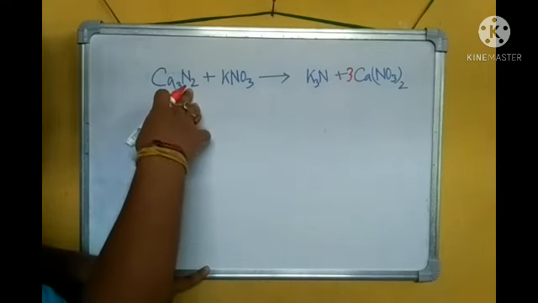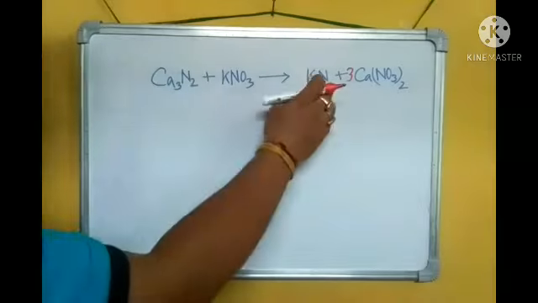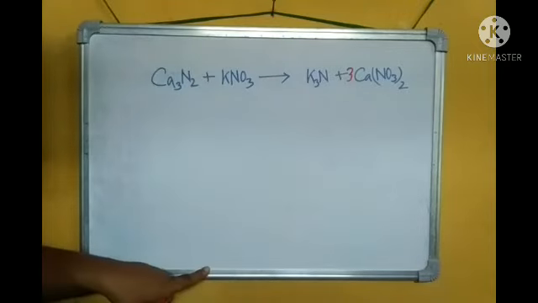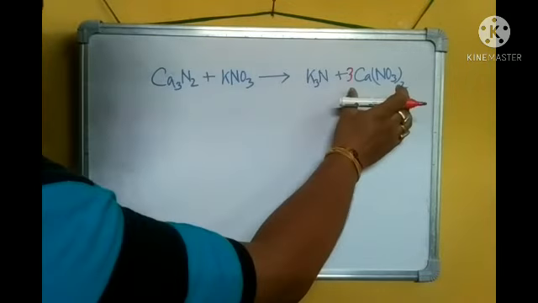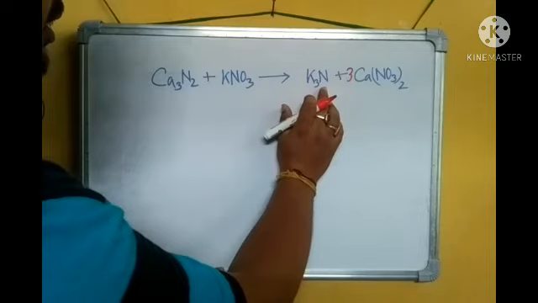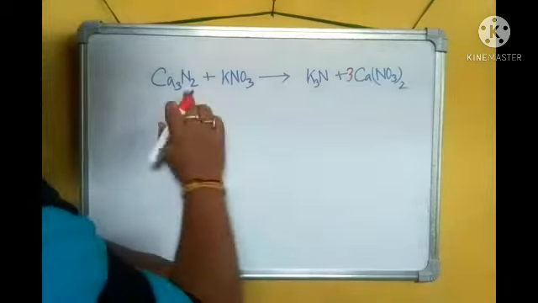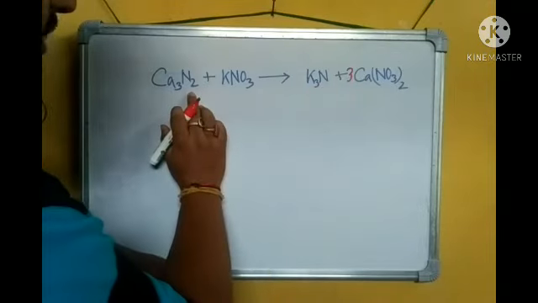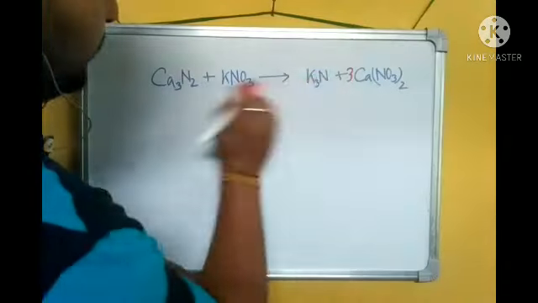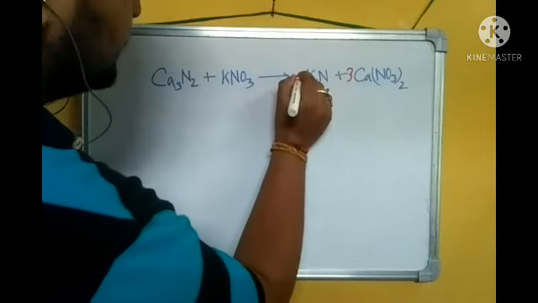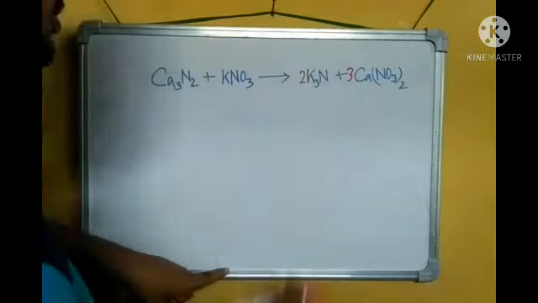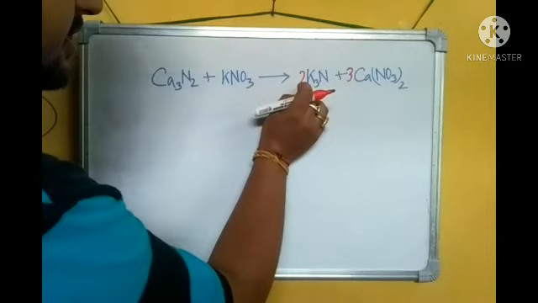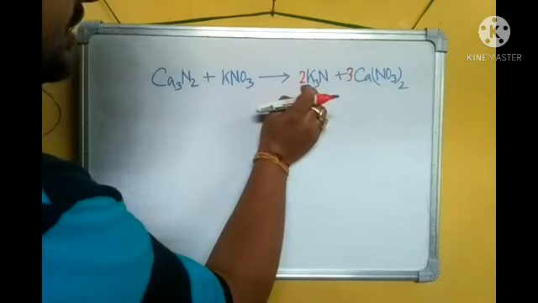We have 2 nitrogen here and only 1 here. So now if we look at this portion, here we have only 1 nitrogen, here we have 2 nitrogen. So we can balance it by using what? By 2. Okay. So as soon as we balance this by 2, now the number of potassium is 2 into